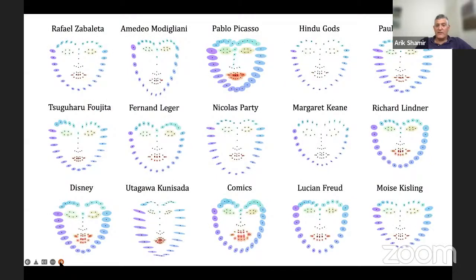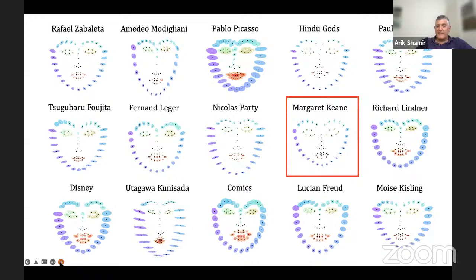So here you can see various artists or styles of representations of portraits. And I'm going to give you some examples. So here, for example, a Japanese artist, Utagawa Kunisada, you can clearly see the Japanese style eyes and the Japanese longer faces. When you move to Margaret Keane, for example, you can see the large eyes and the squashed face, because that's the style of her paintings.